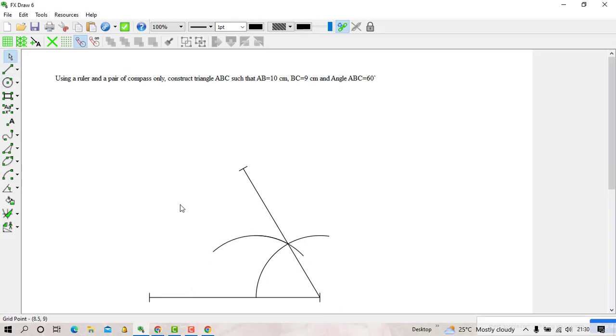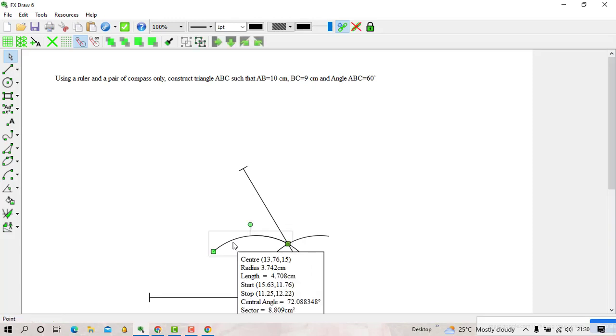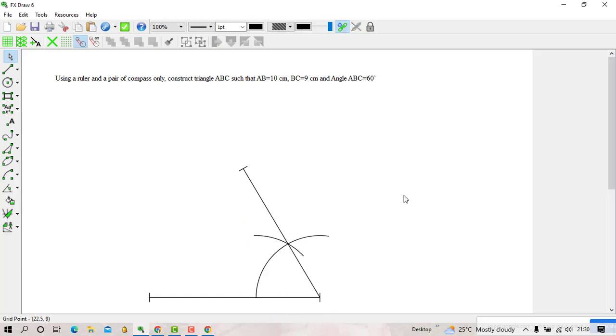You come and disable, na unakuja una select the first yenye ulichora. Hiyo kwanza yenye ulichora ilikuwa inakudirect tu penye hiyo second arc itapitia. Ukisha select you just press the backspace. Then remember that it was a triangle ABC. So BC is 9 centimeter, so it remains just to join A to B, because I have already identified that one as 9 centimeter. Then what is remaining is what?